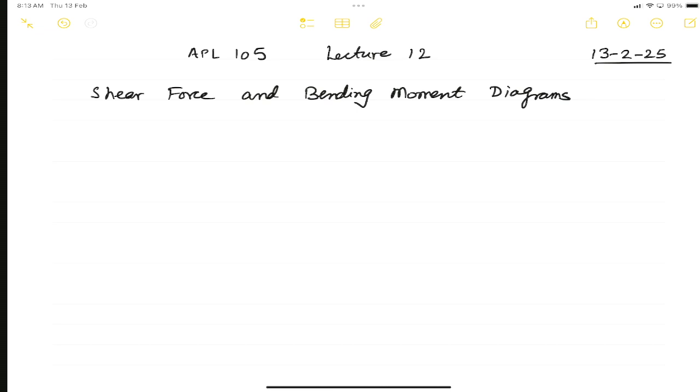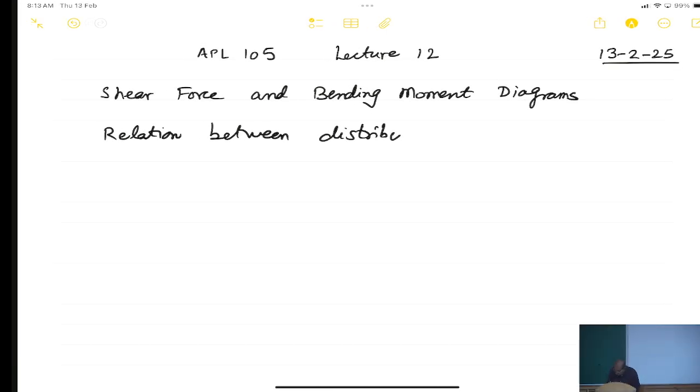Now, there are 2 more things one can see. There is a relation between distributed load W of x, shear force V,